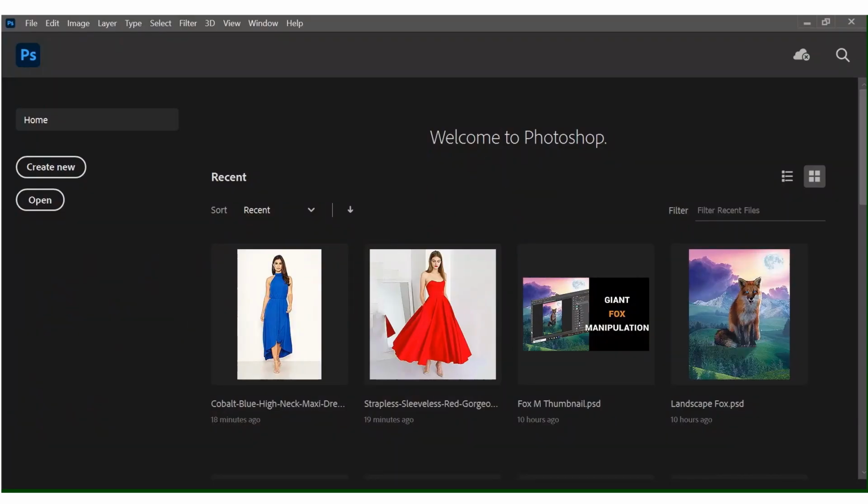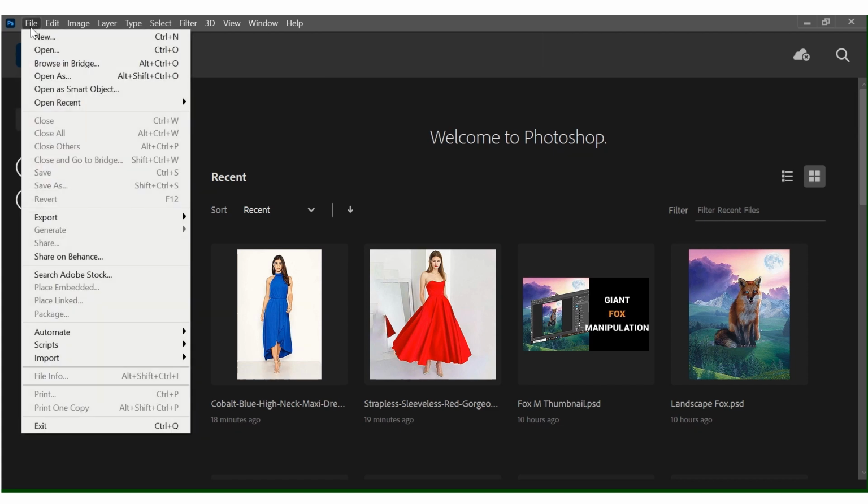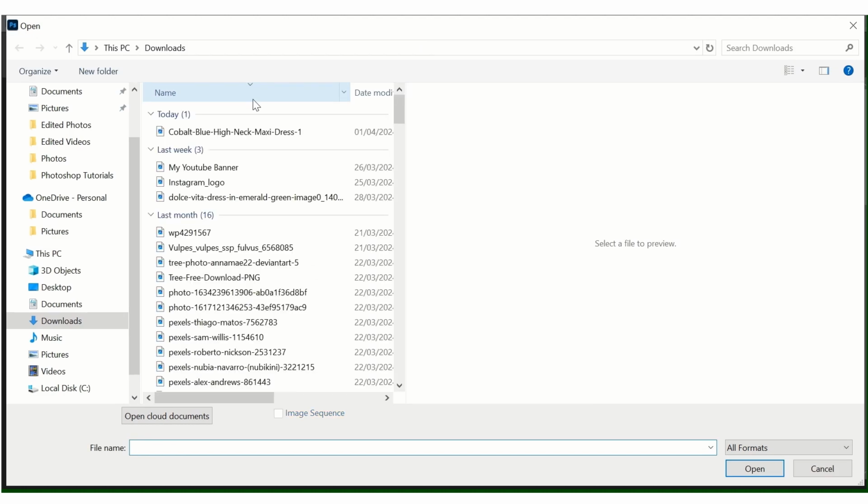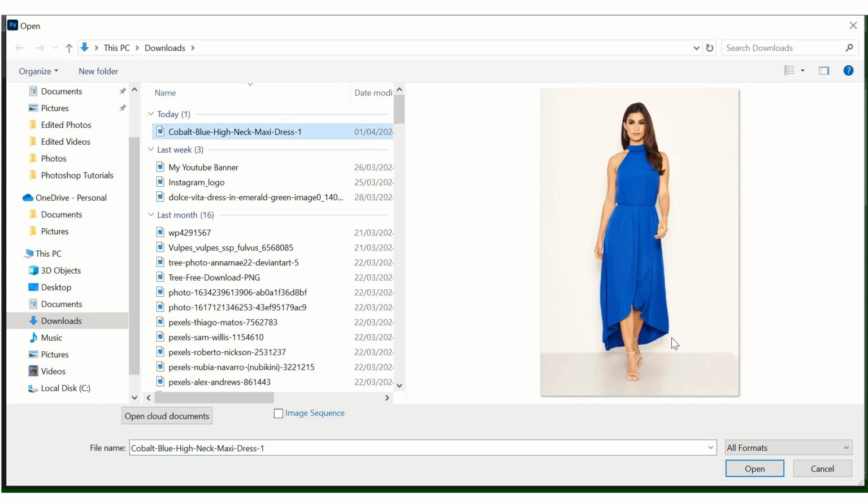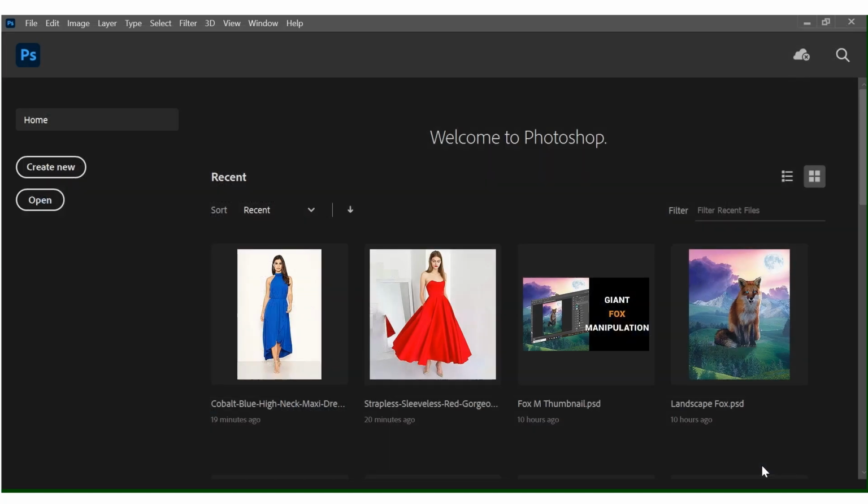So when you first open Photoshop, you are going to be greeted with an interface that looks like this. And to begin, you need to first open your image, the image you'll be changing the color of. So first you go to files, then you come down to open, then you select the image in which you'll be changing the color of. So this is the image I'll be changing the color of. So click open,